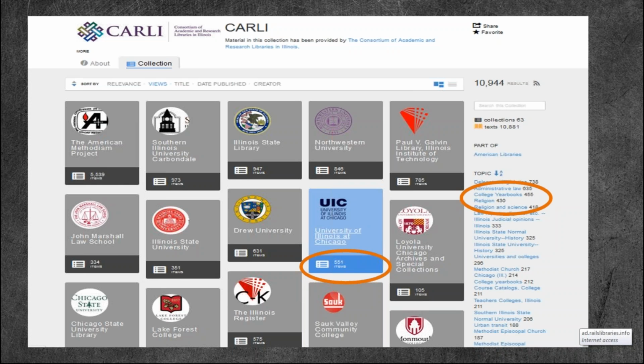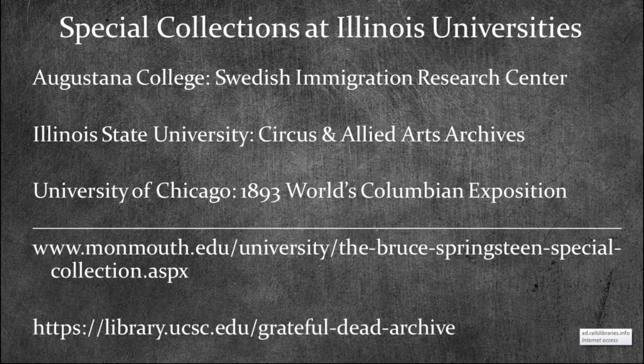So I'm going to give you an example of a couple. Places like Augustana College has the Swedish Immigration Research Center. So even though Augustana College is out towards the Iowa border, they collect information on Swedish heritage for the entire state of Illinois, as well as for the Midwest as a whole. So if you ever have a patron who comes to you and says, I'm trying to research my Swedish ancestors, they emigrated and arrived in Chicago, or they arrived in Springfield, or they arrived in Des Moines, then you can send them to Augustana College and they can start doing some research within their special collections.